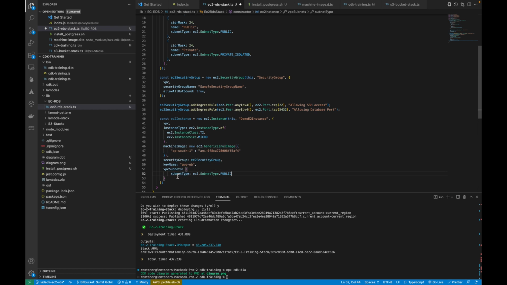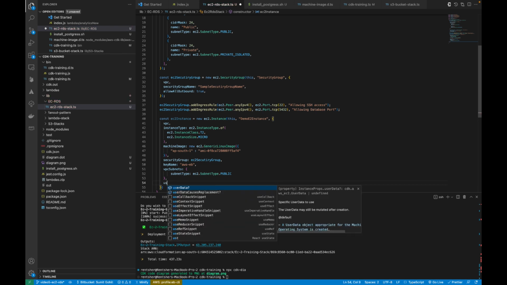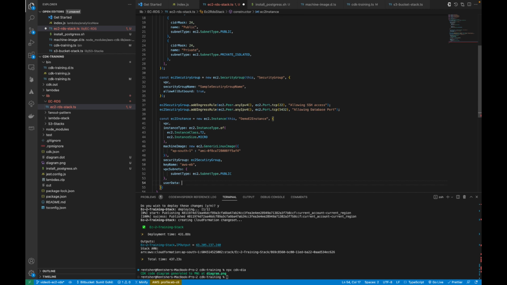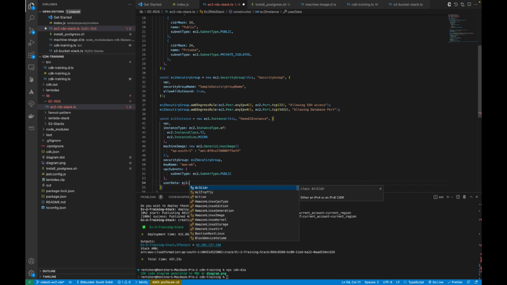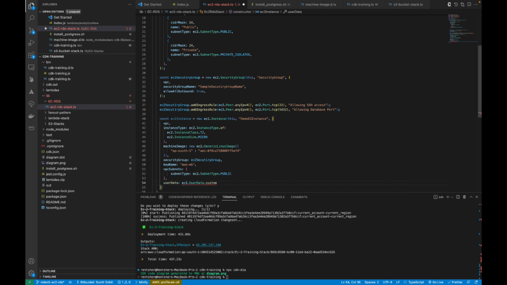Now you can SSH into your EC2 instance and try to run some scripts, but what I will do is put some initial script, so I don't need to install Postgres, command line tools and stuff. I'll just install it while the EC2 is getting created by CDK. Okay,